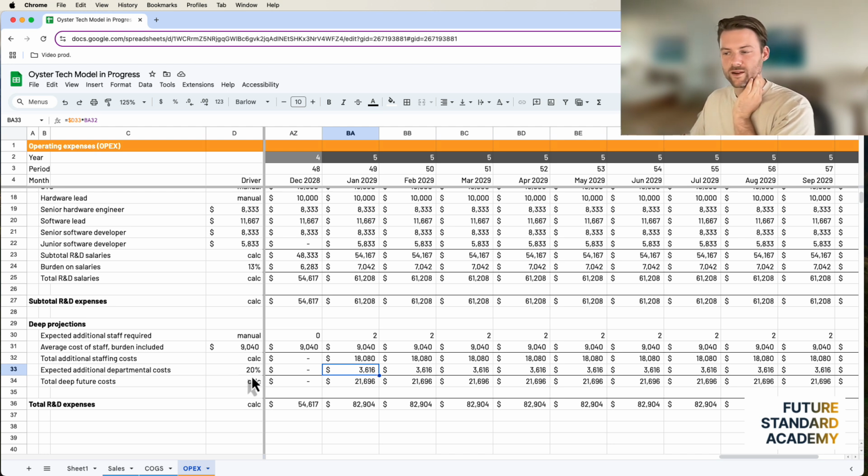Why do I know it's 20%? I don't. But I have an idea because, like I say, usually startups are spending about 70% of their money on people in the earlier stages. So maybe this would actually shift to, call it 40%, right? Because over time, now that we're in year 5, the payroll is going to be one of the largest expenses by a landslide. But so too will they probably need to invest in more expensive tools and materials and such to do their jobs. So, and like I say, if salaries are 70% of the cost structure, that means 30% needs to go somewhere else, and that's going to go to this.